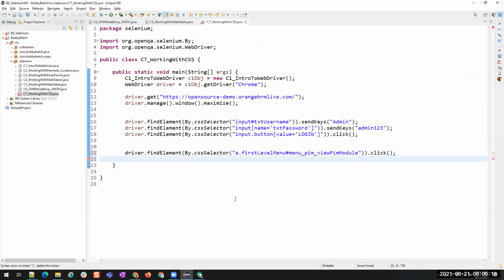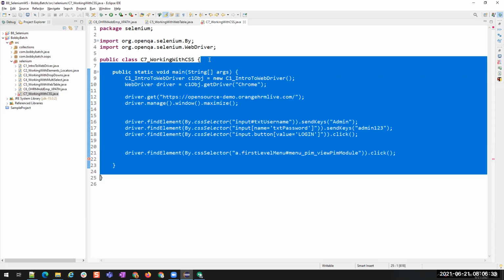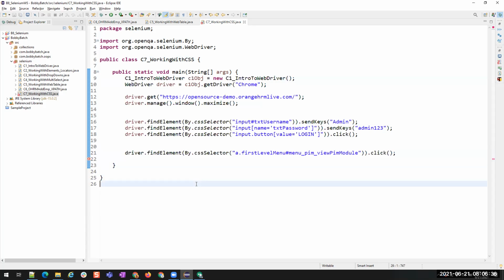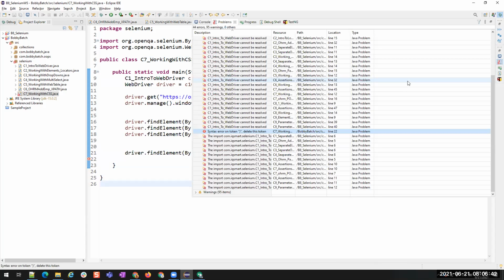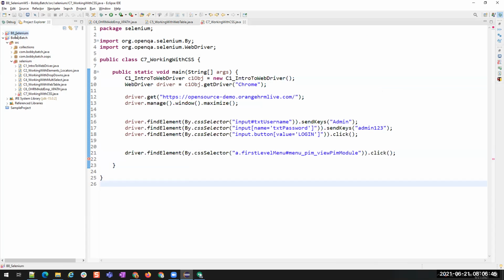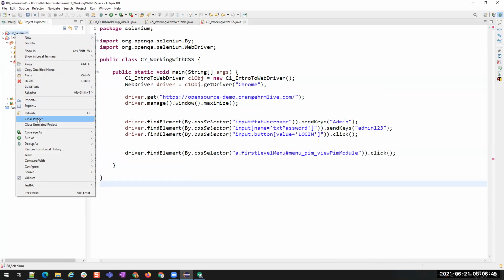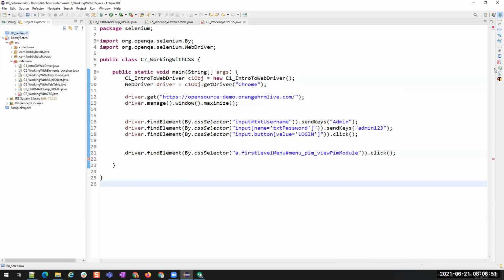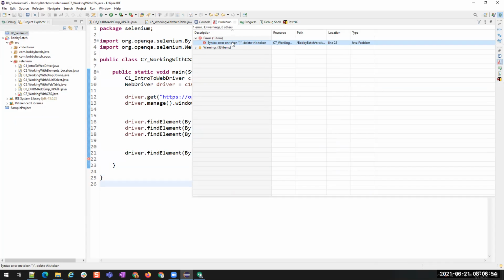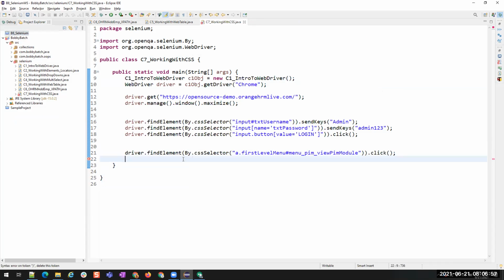Now I clicked on it. Let me close this page. Now let's see what is the problem here. Extra brace.